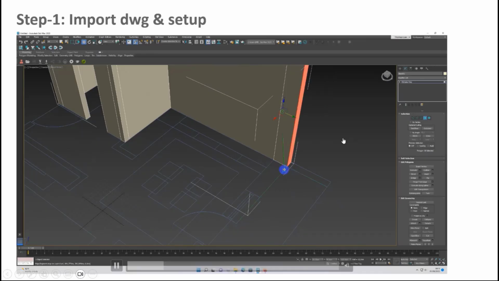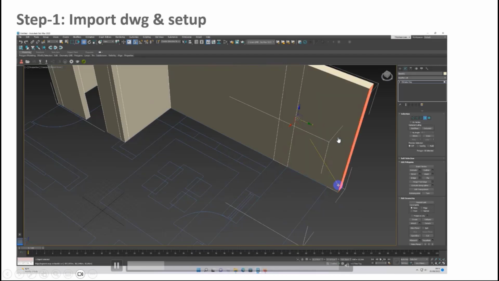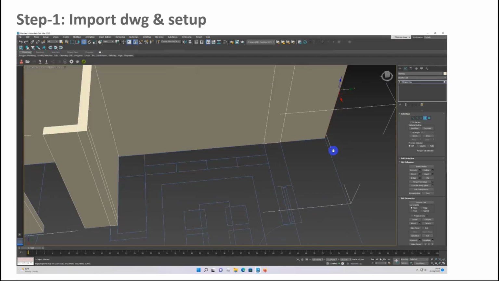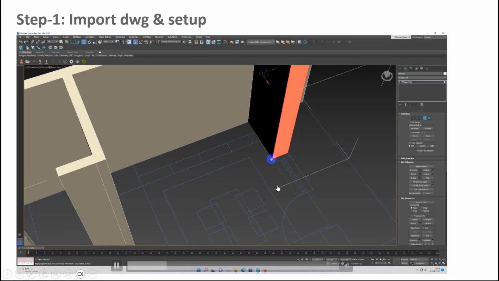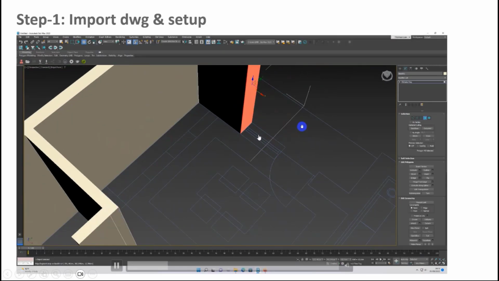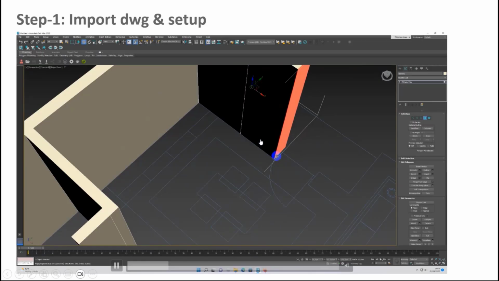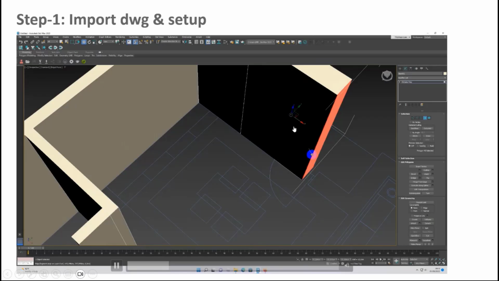So I'm using the shift. Remember, just press the shift key on your keyboard, and then you can drag your mouse in any direction. Let's say I want to create, this is the snap, that's why my mouse skips. More precision. Let's say I want to create a door, a door sign. So I create a door, I need to extend, so I just press the shift key. Easy and more fast.